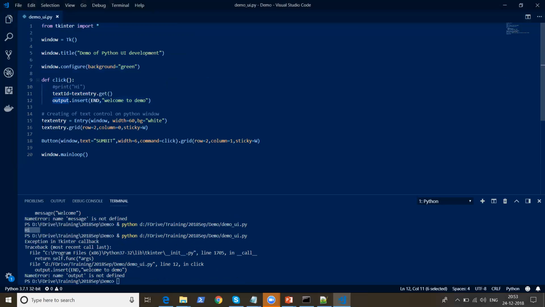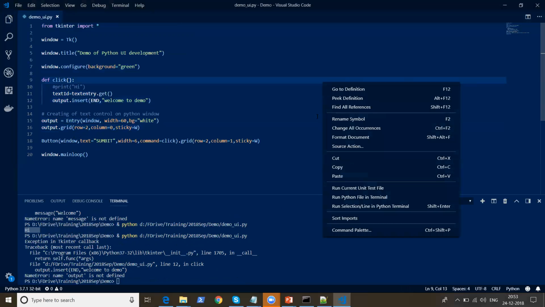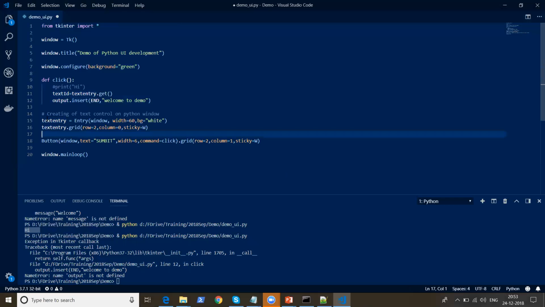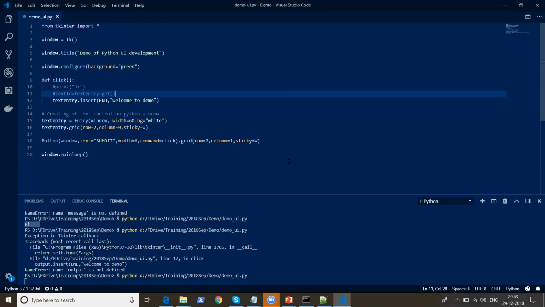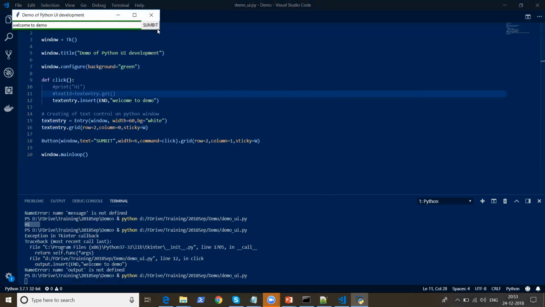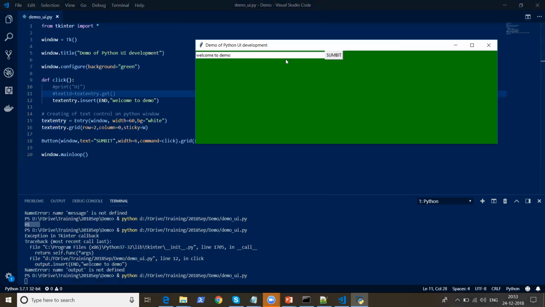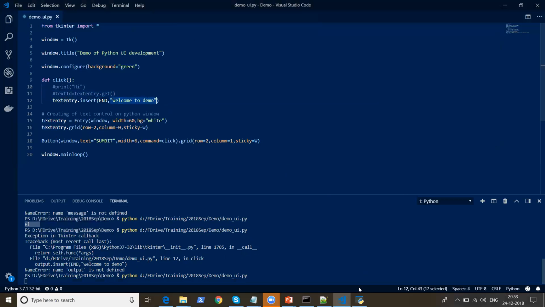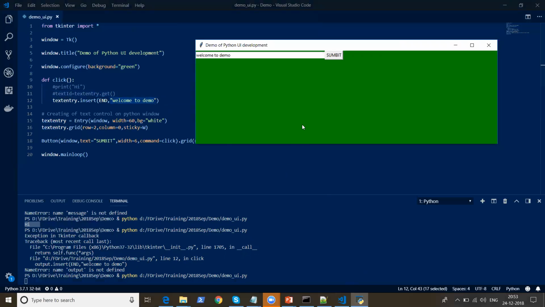So what we have to do is we'll place this output entry here, because we use this text entry, right? We will keep this outside the function. And yeah, this is how I run. So what I did is, this is for the global variable, because I assigned the text control instance to this text entry. So directly I'm inserting the text into this particular thing. Okay, this is how we are going to develop a sample application and place the required controls on this GUI